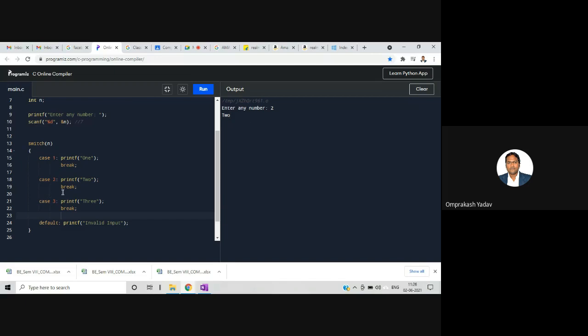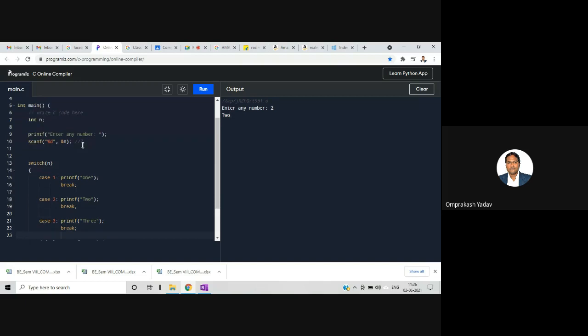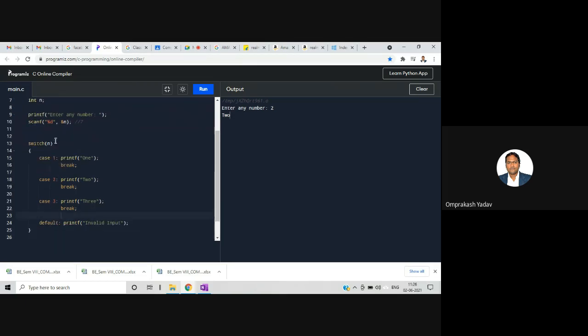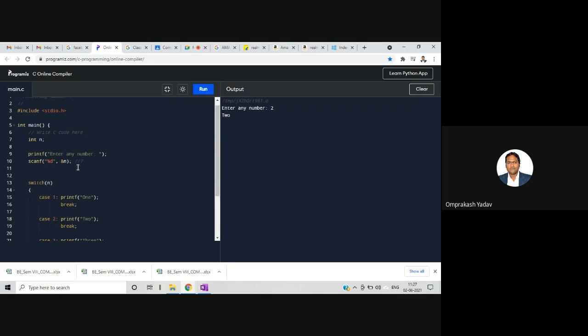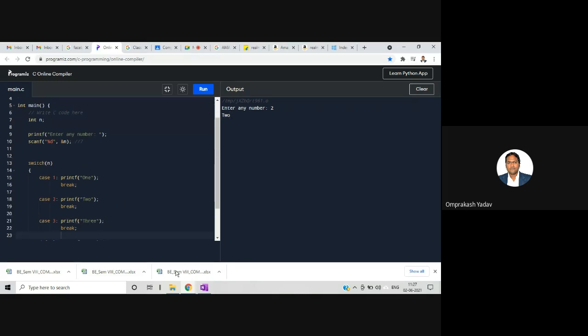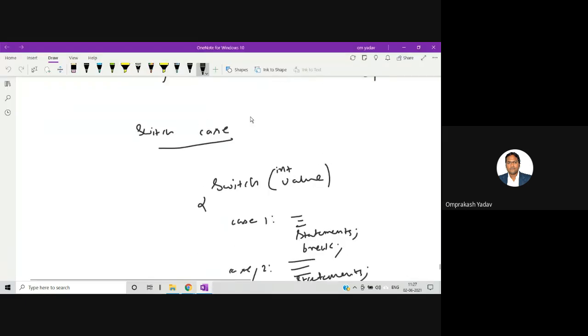So I'm saying 2. I hope you have understood the concept of this switch case. Based on the value inside n, the switch will switch on different cases, whatever cases we have written. Clear? So this is a simple switch case statement, and I demonstrated this to you.